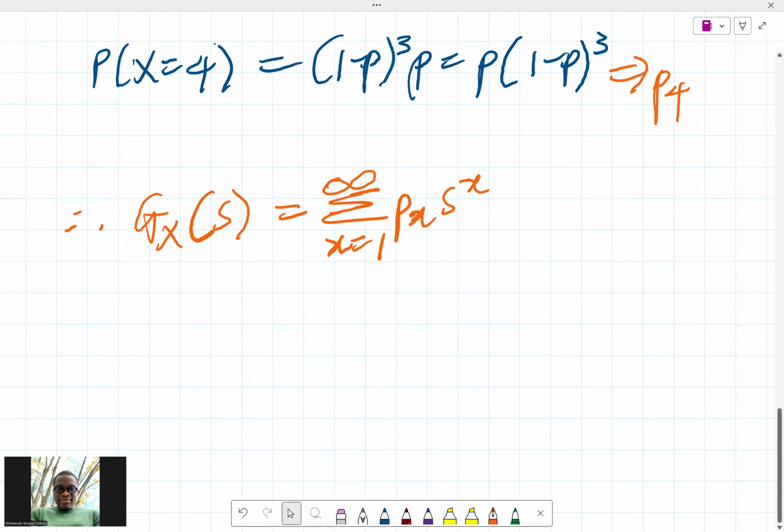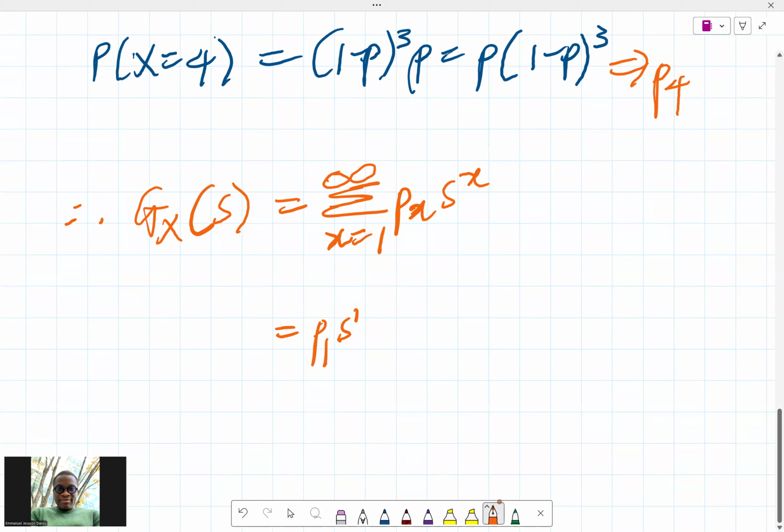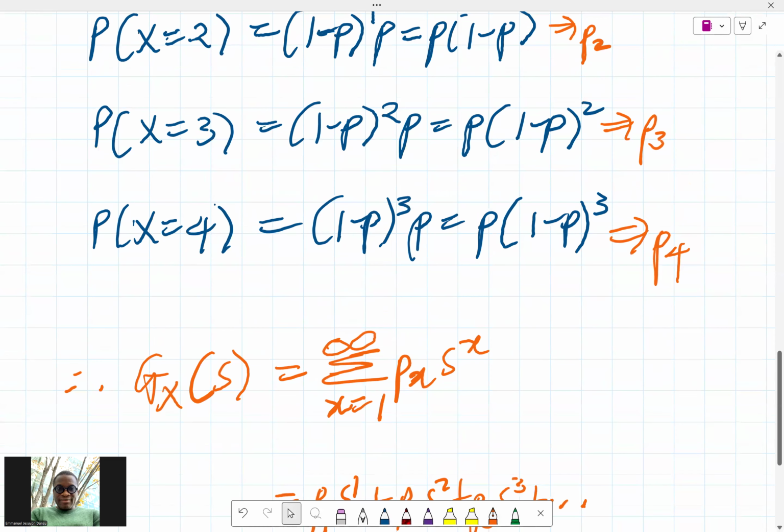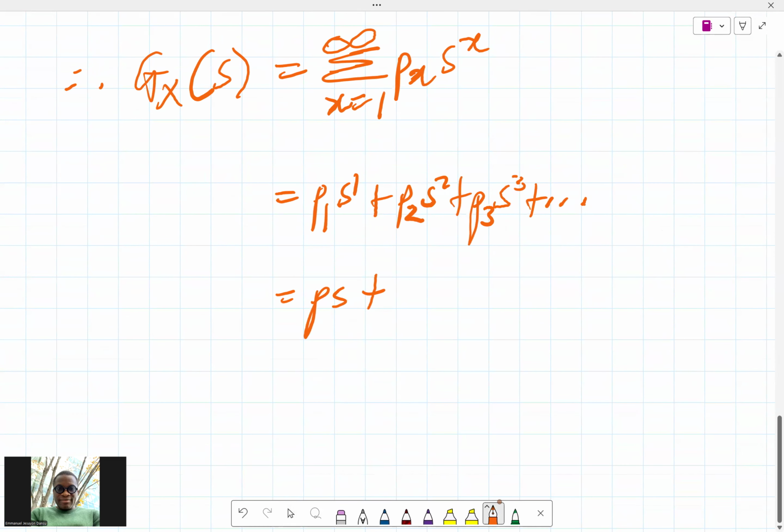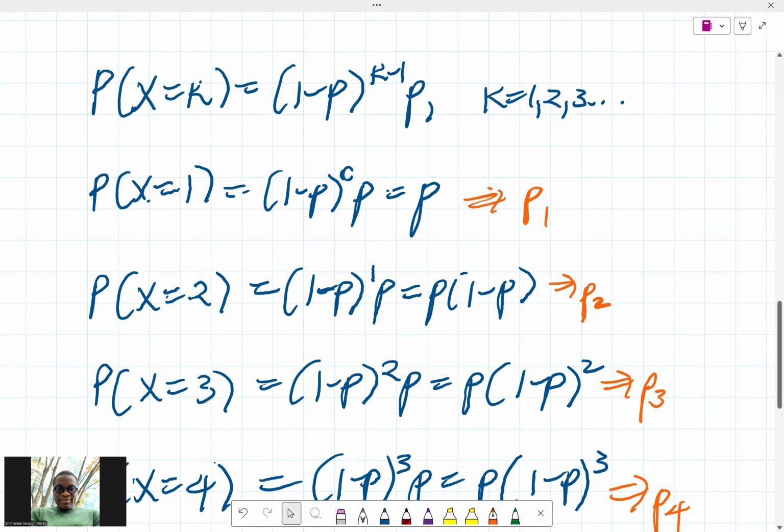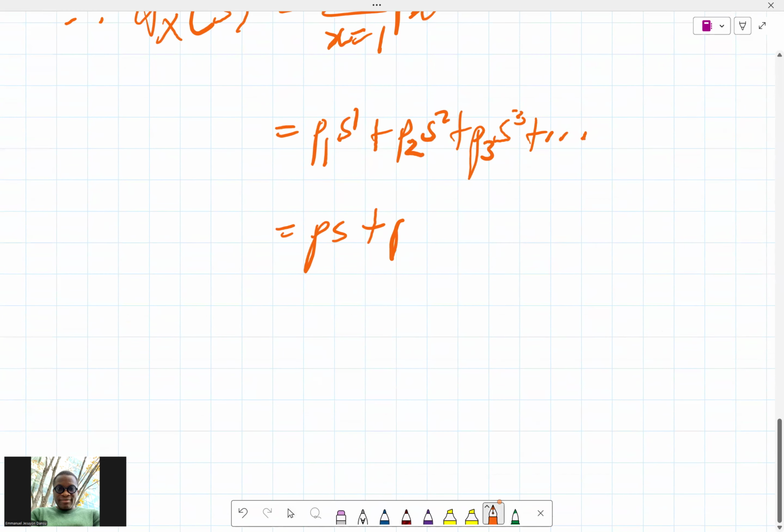Okay, so as a result of that, we have P1S1 plus P2S2 plus P3S3 plus all that. So what is P1? P1 is simply P. So that means we have PS plus P2, which is P into 1 minus P. So we have PS plus P into 1 minus P S squared, plus P into 1 minus P, all right, 1 minus P squared,